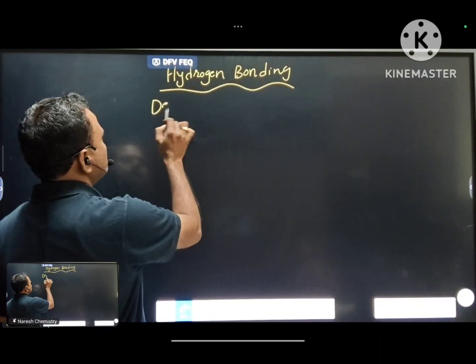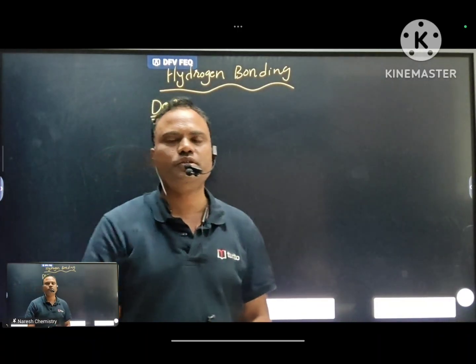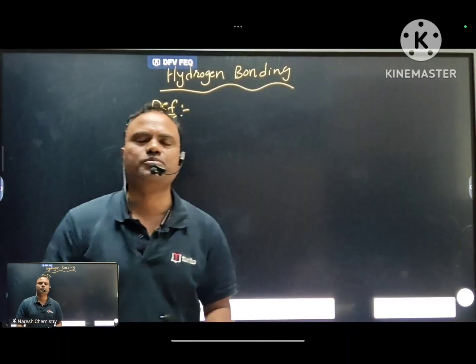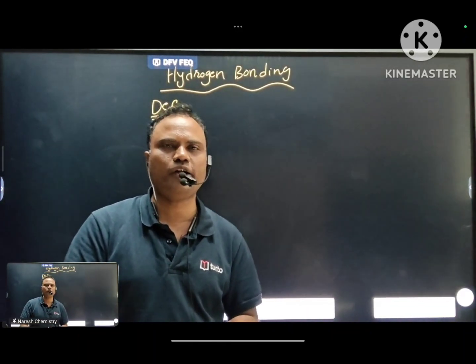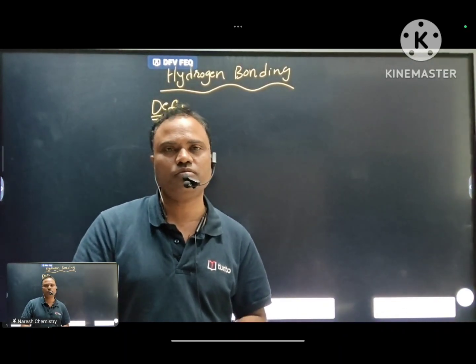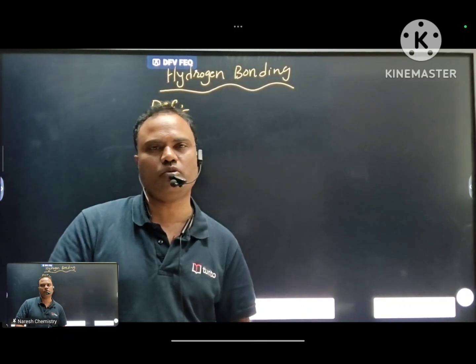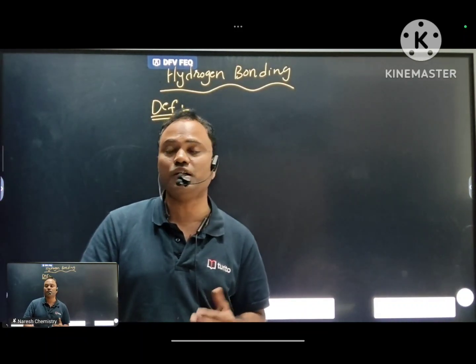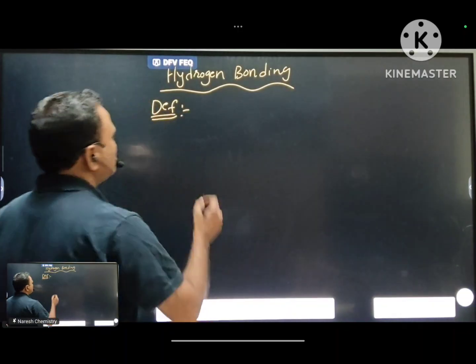See the definition of hydrogen bonding. Under this topic, we discuss the definition, types of hydrogen bonding, in which state of matter more hydrogen bonding is present, when strength of hydrogen bonding is more, examples of intermolecular and intramolecular hydrogen bonding, and consequences of hydrogen bonding. Okay. Definition: